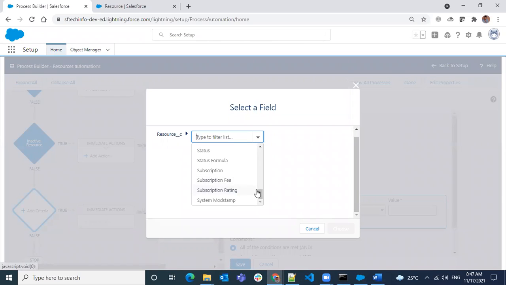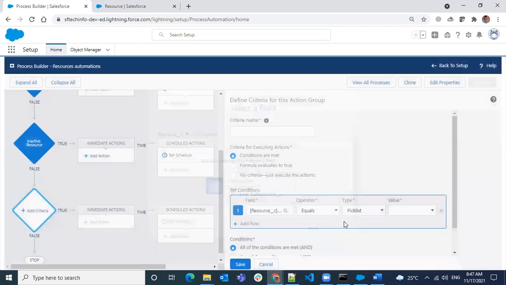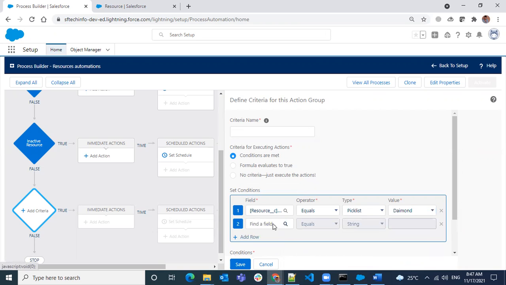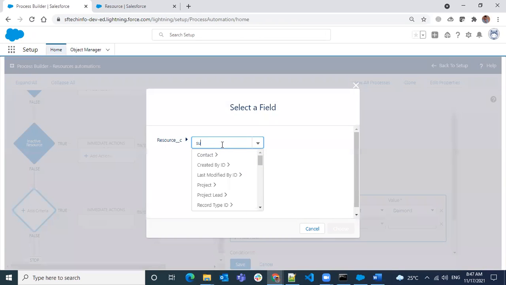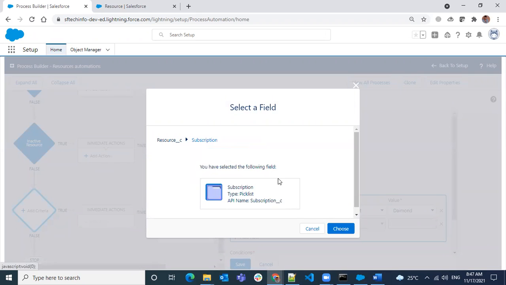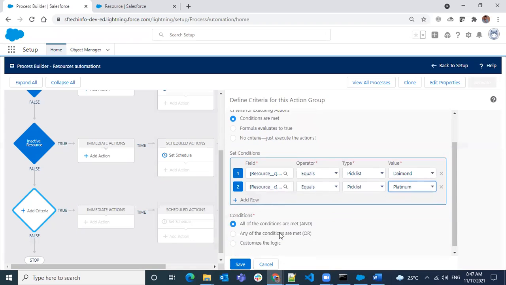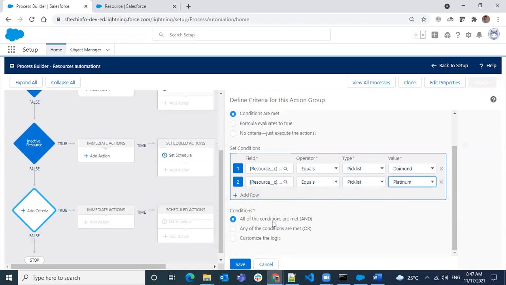Can we use subscription? Okay, let's say the subscription is diamond, or subscription is platinum. If it's either of these two, I want to give some discount.